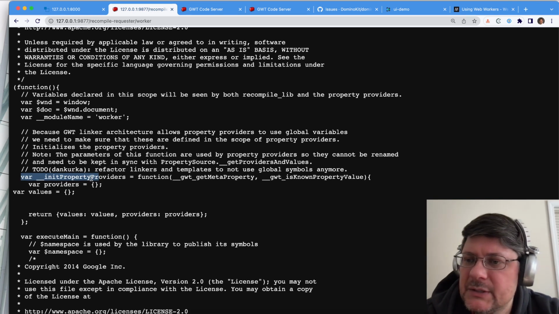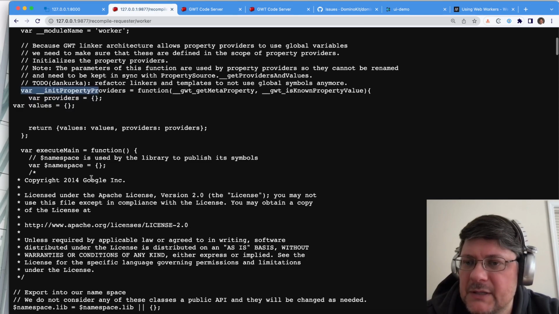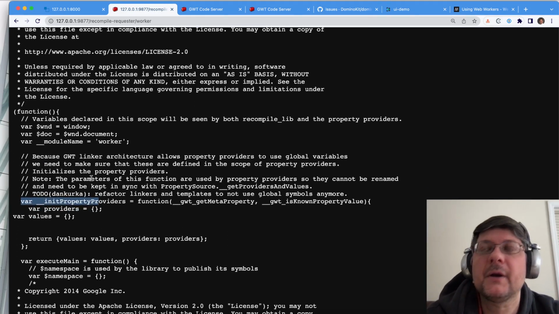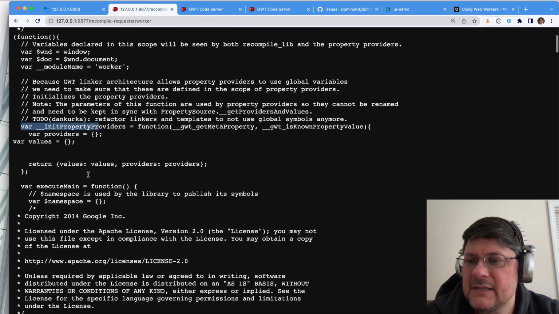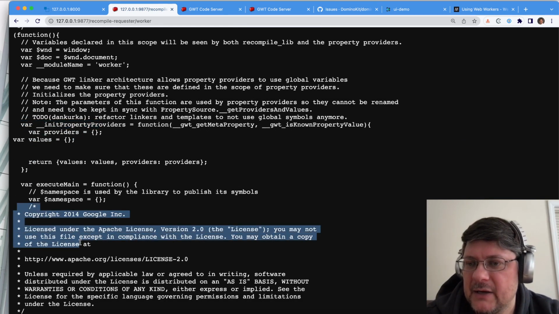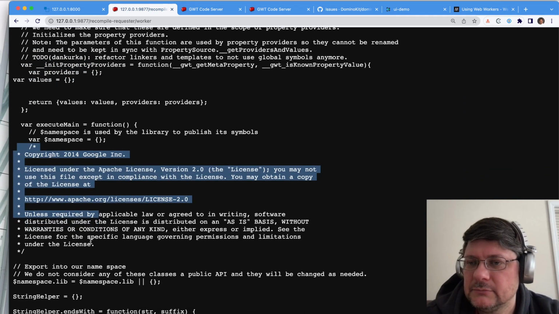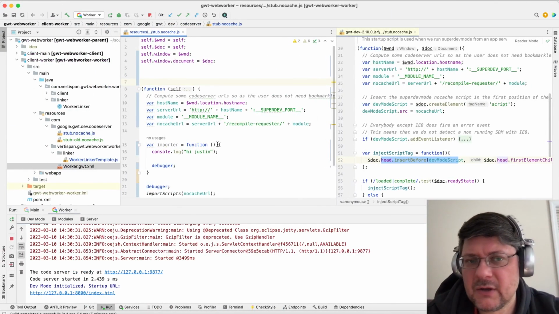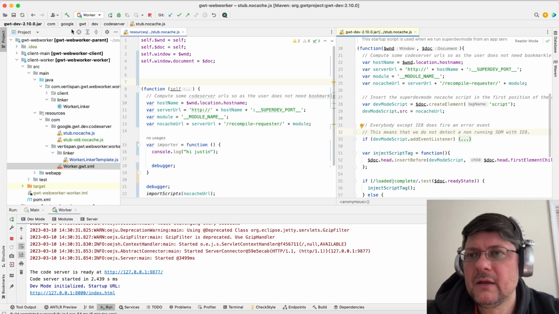Property providers. We don't have any property providers. So it looks like it's concatenating multiple scripts together, because we also have a copyright down here. And I know exactly which scripts these are. So if we take a look at this